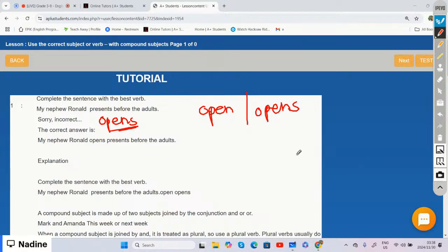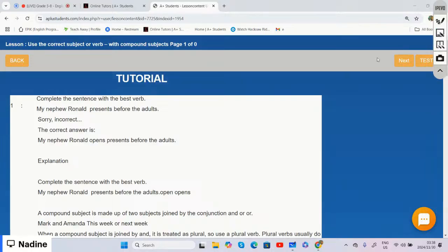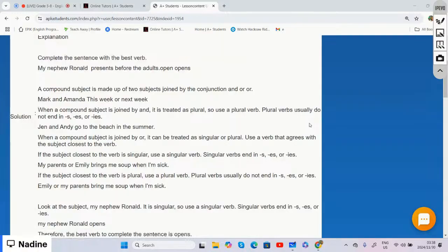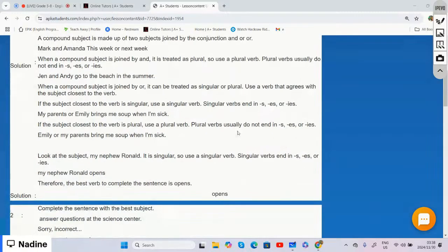Remember, our verb needs to agree with the subject. And if the subject refers to it being singular,